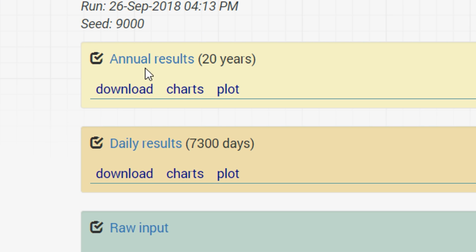Now the annual results and daily results are the ones that interest us. Download is to download the model results for annual. Download here is to download the model results for the daily results. Now the chart is to view the charts for the annual results, and plot is to have customized plotting for annual results. This one below, in the same way, charts is to plot preset charts showing the daily results, and plot here is to show customized plots for daily results. But let us first look at the annual results. We click on this,